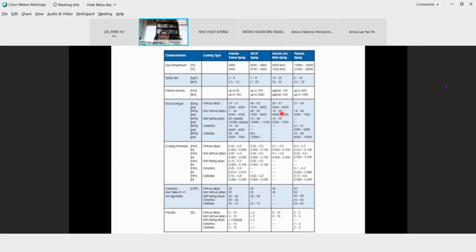And this is quite small, but you can see the difference here. I cannot see the whole thing there. Okay, you can see here that they are using powder spray. This is flame spray. This is HVOF, and this is the